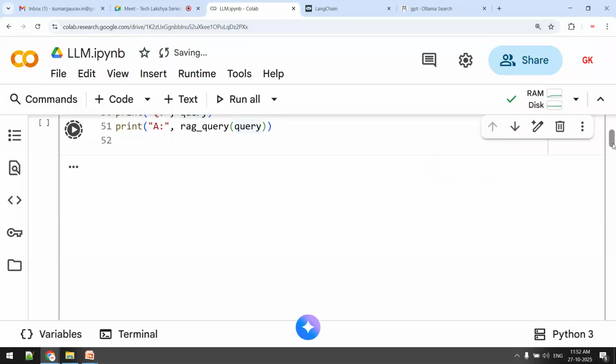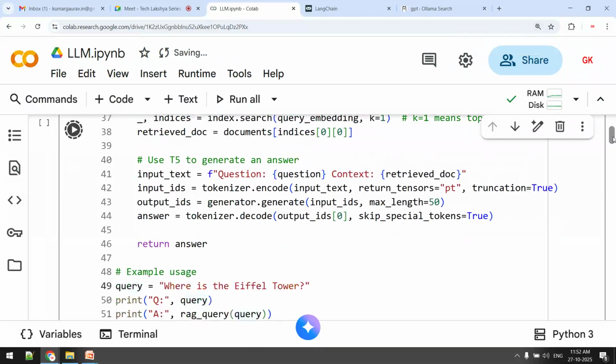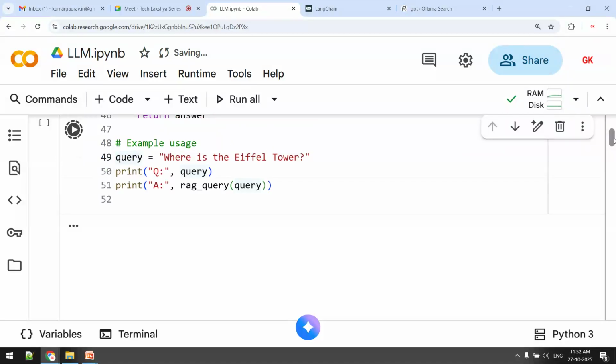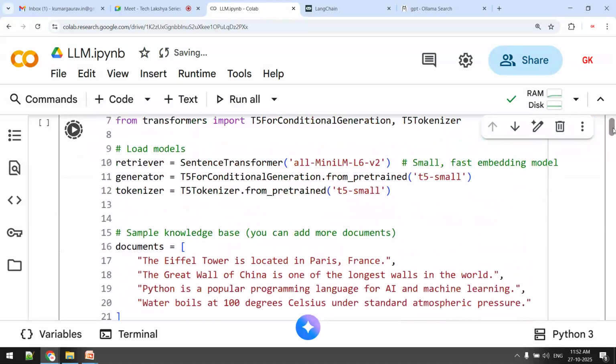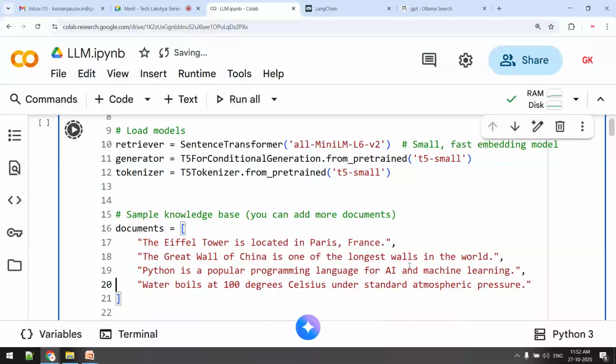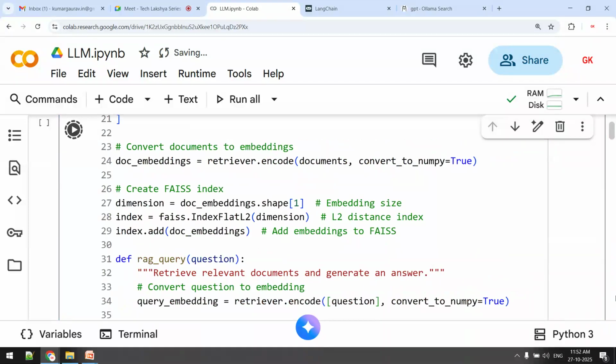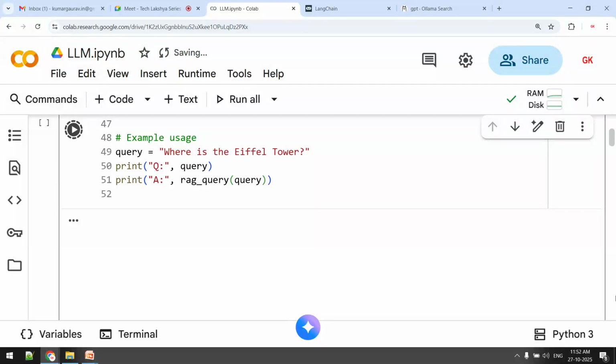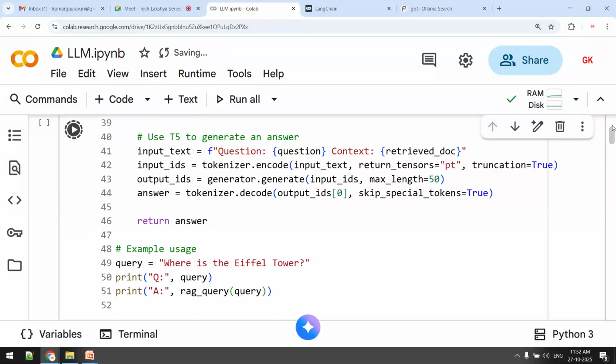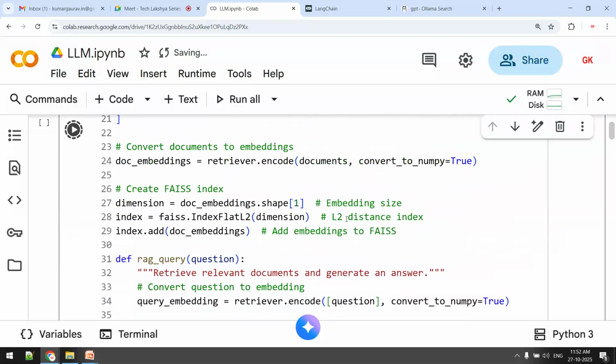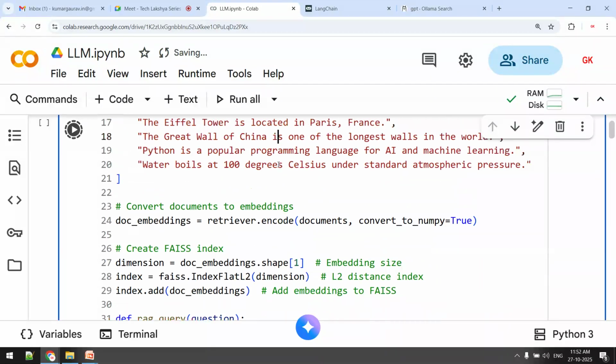It is executing, and once it is fine tuned, it will give you the response. It will see out of these four statements to which it is matching with higher similarity using FAISS. Where we have used FAISS, you can see this one,